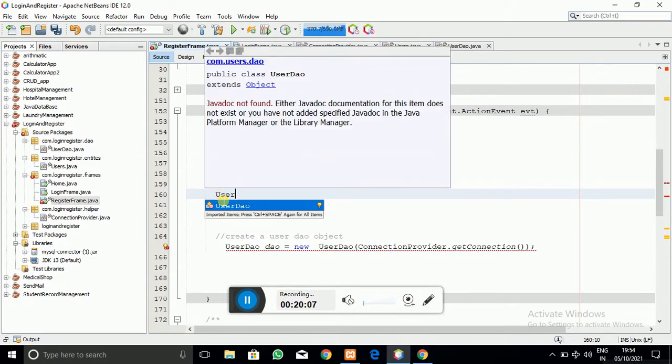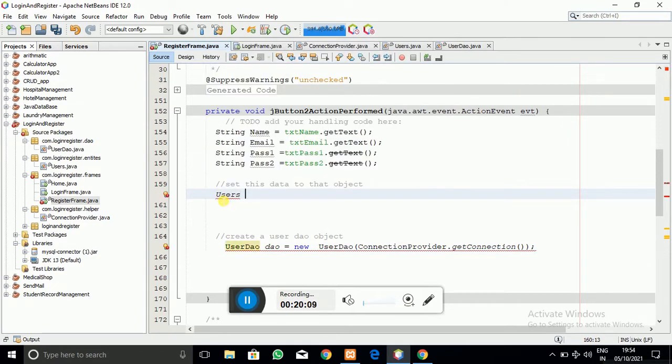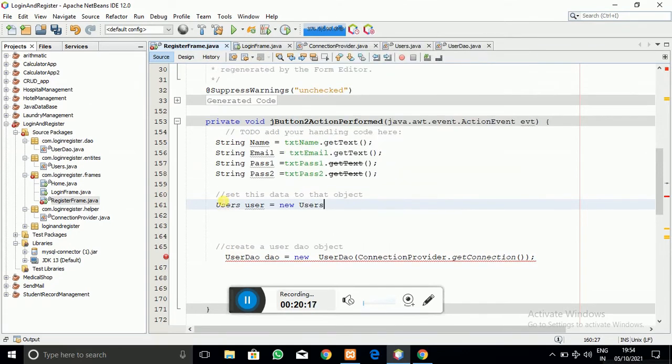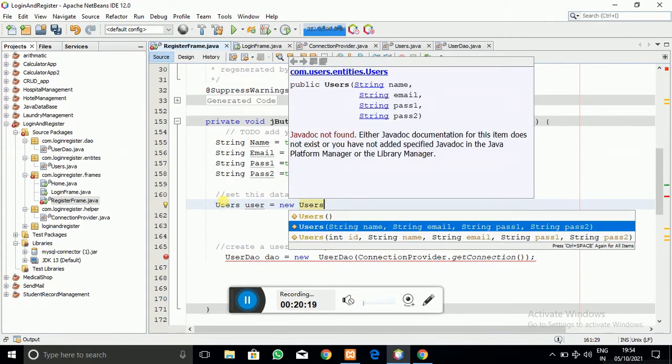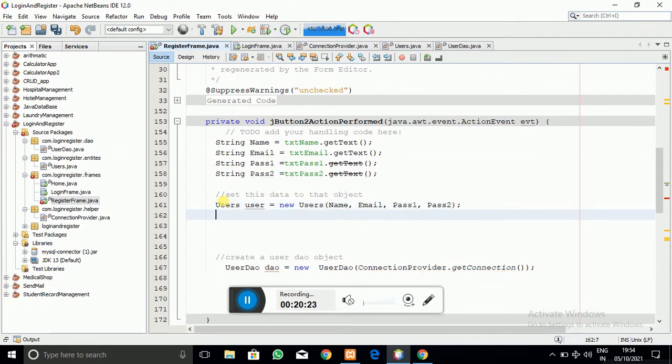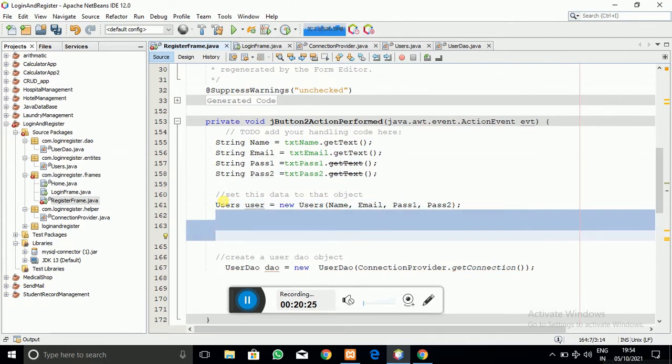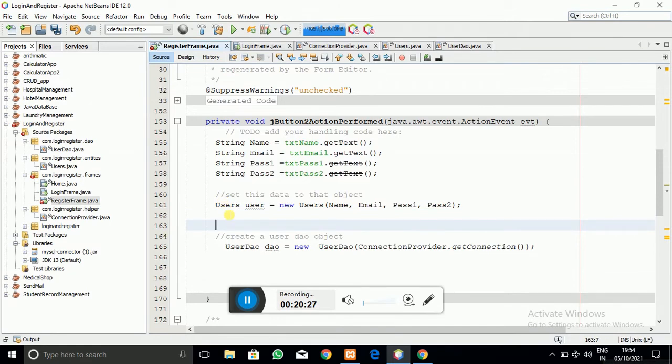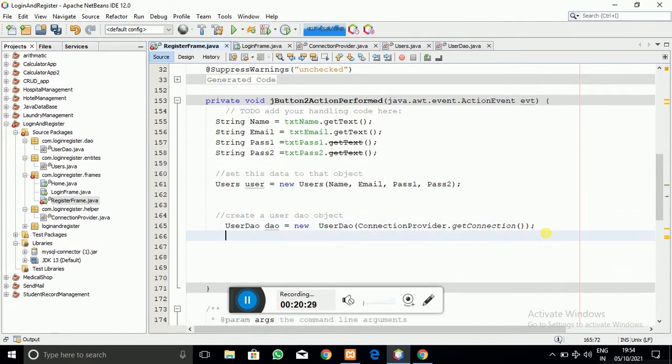So let's create the users object, the table entity which we have created. We have created the constructor into the users without user id, and we set the values to this user object.